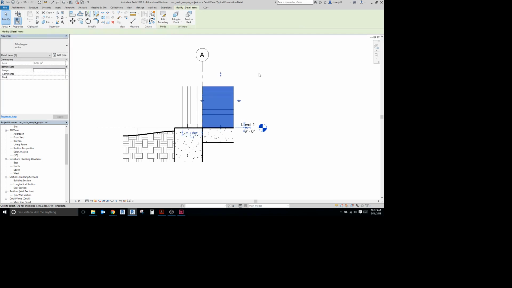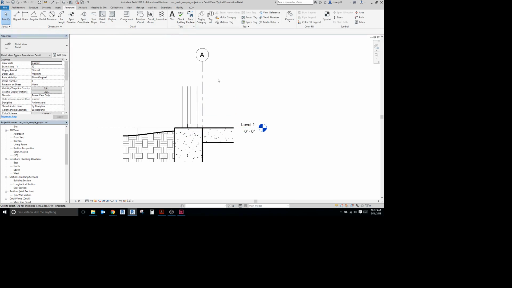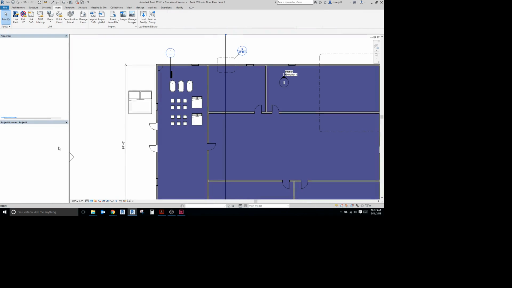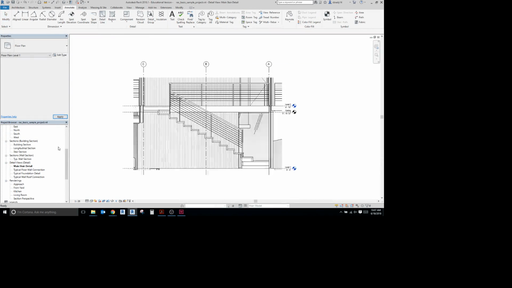I'm going to hit Finish, and now you can see that that hatch pattern was able to obscure those stairs that were being viewed there in that detail. So that is a filled region. Okay, a filled region can obscure items. It can create detail within details. And another really great use for a hatch pattern is we're going to be using a